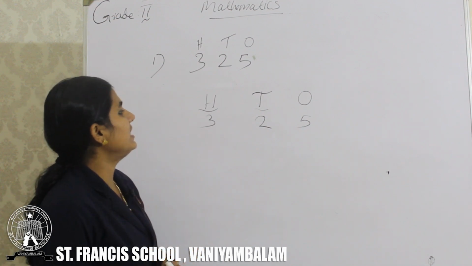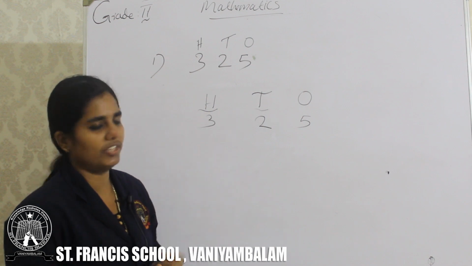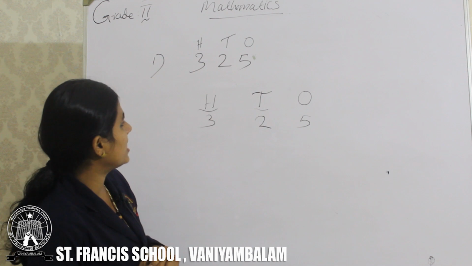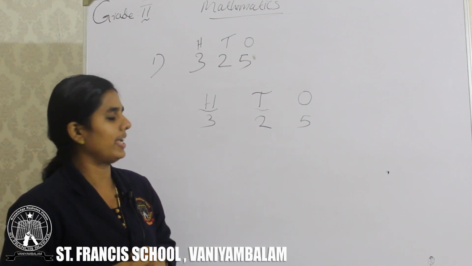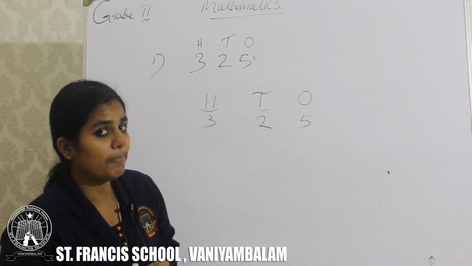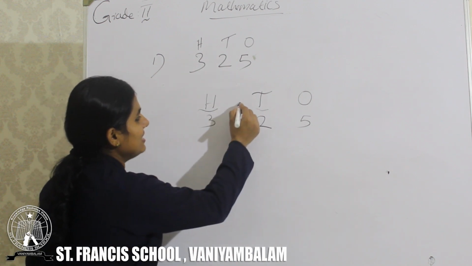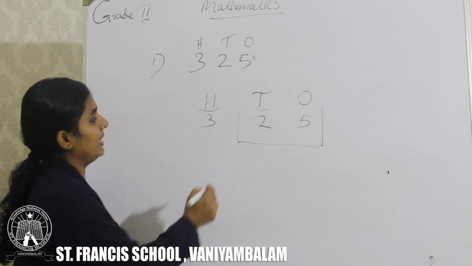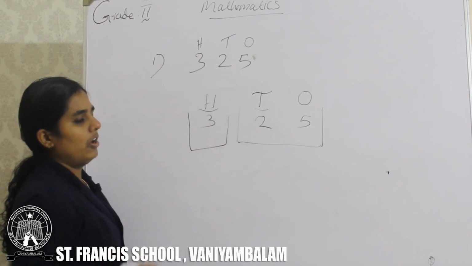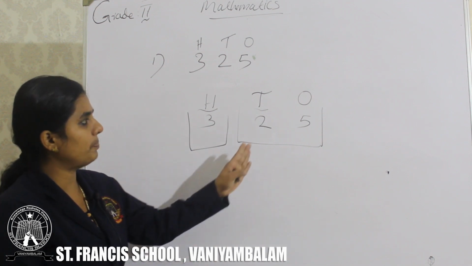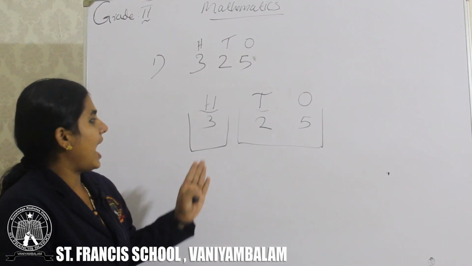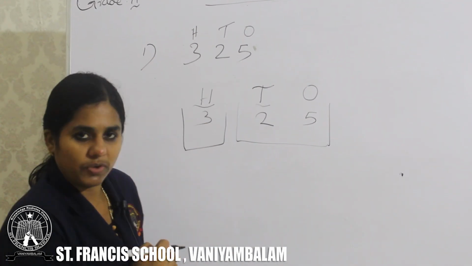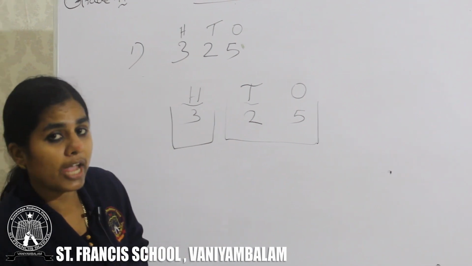After that we can see how to write the number name of this number. First step, what do we want to do? First we divide this 3-digit number into 2 parts. First part is tens and ones together. Another part is hundreds. Now in the hundreds place we have which number?